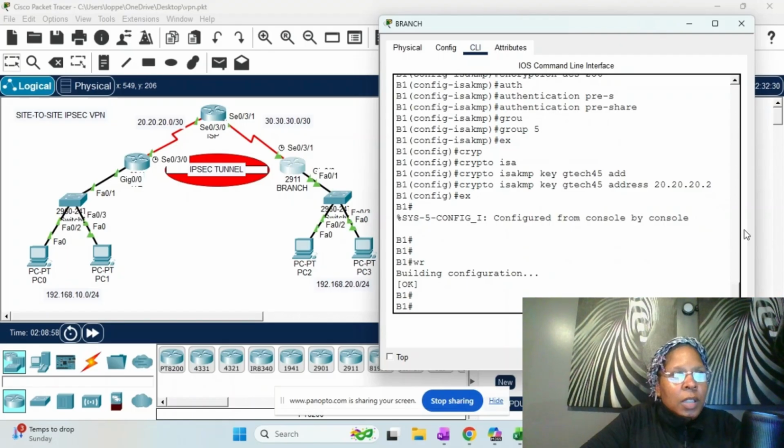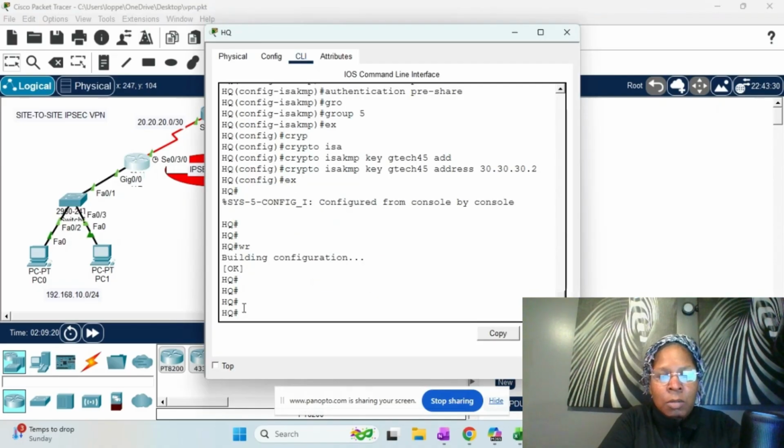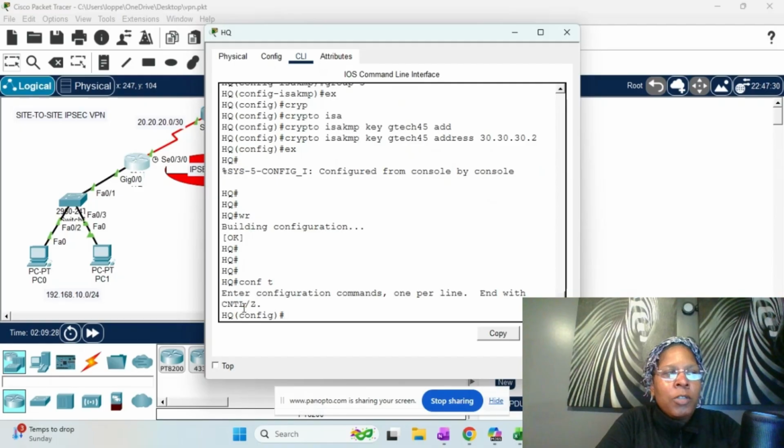Okay. So now that we completed phase 1, now we have to start phase 2 of the IKE. And in order to configure the IKE phase 2 IPsec policy on the routers, we have to go into the headquarters router first. I'm trying to make it as easy as possible because you want to do the same exact thing on one router that you do on the other. Okay, so the first thing we need to do is create a transform set. We'll give it a name and then we'll specify the protocols that we use. So we'll say